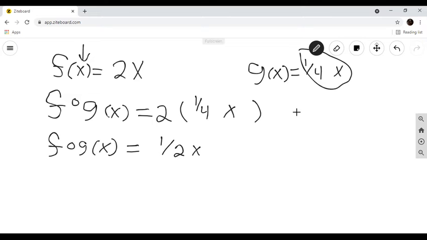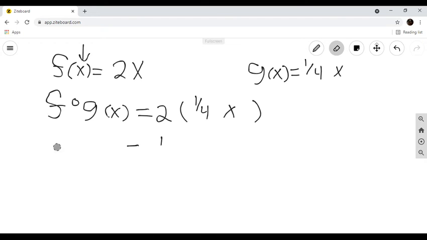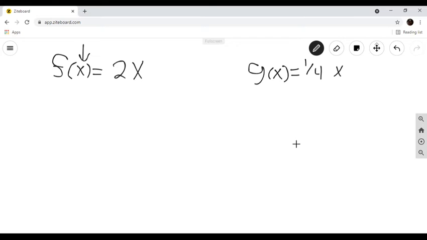Okay, so the question is, will it be the same thing if I do the other way around, if I compose g of f? Well, let's see. So I'll go ahead and back this up. And now I'll compose g of f. I'm going to go the other way around. I'm going to take this part right here and plug it in for x right there. Okay? So now I have g composed of f